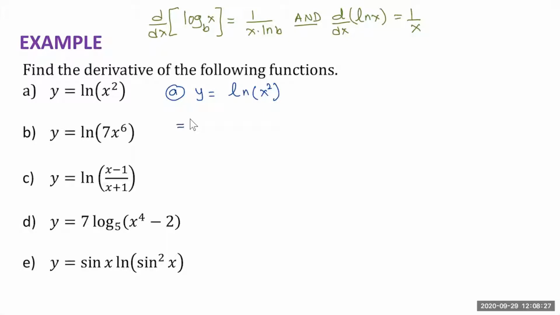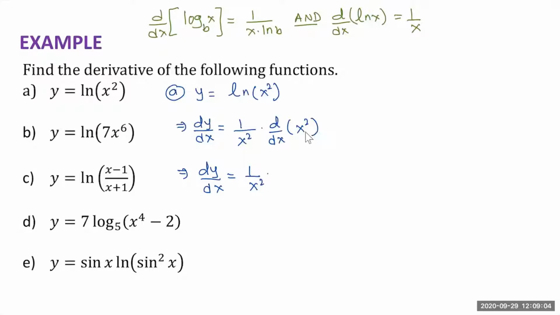So the derivative dy over dx is equal to, if you use the chain rule, the derivative of the outside function, that is the derivative of natural log, which is 1 over x. 1 over, in place of x, I have x squared. Then multiply by the derivative with respect to x of the inside function. Inside function is x squared. So if we simplify this, the derivative dy over dx is equal to 1 over x squared multiplied by